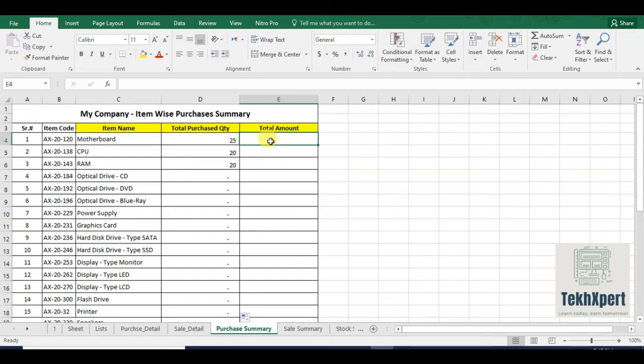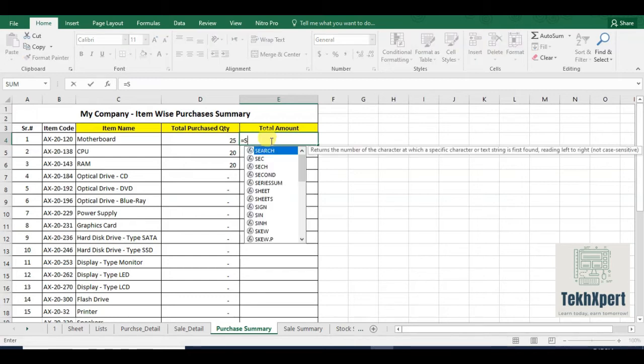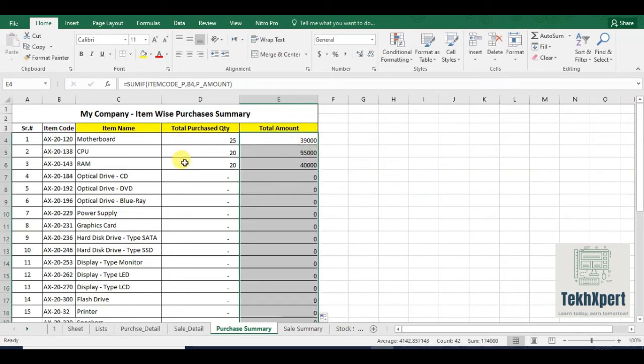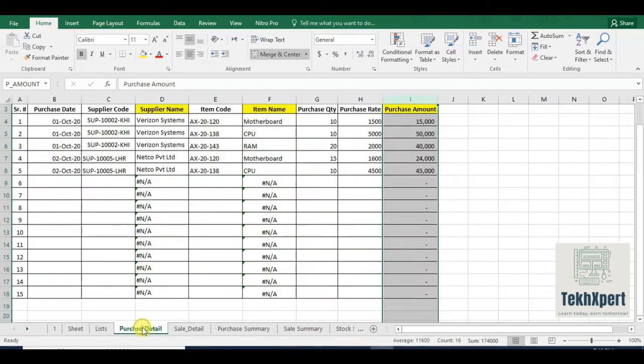So it will work very efficiently. Again, range item code P, criteria item code, and sum range is P amount. So now this is an automated purchase summary linked with purchase detail.